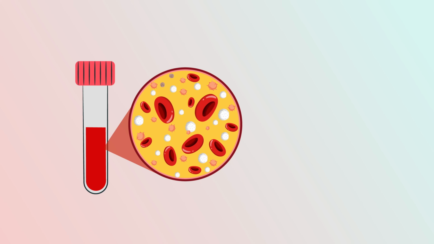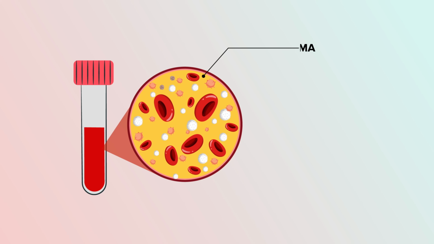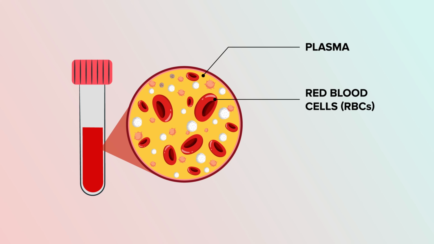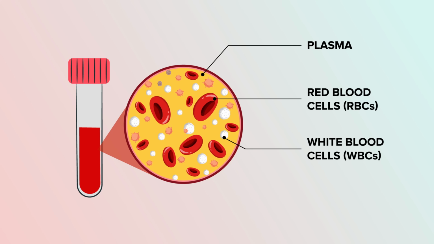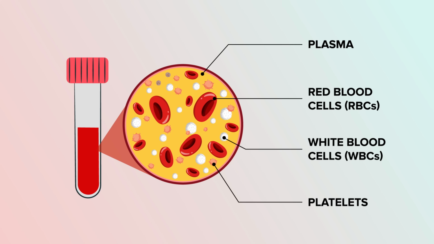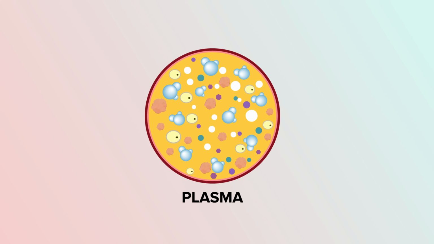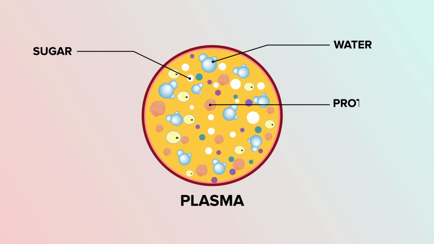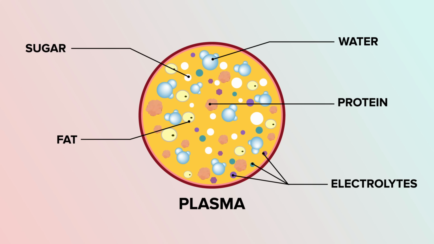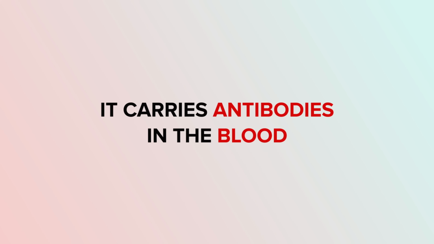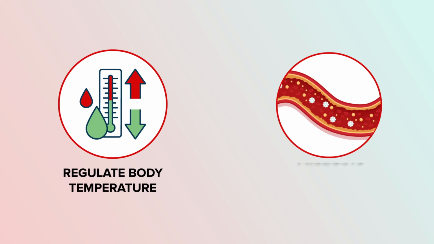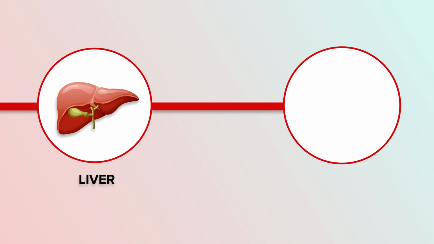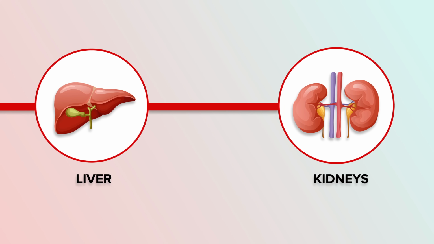Blood consists of 4 basic components: plasma, red blood cells, also called RBCs, white blood cells, also known as WBCs, and platelets. Plasma consists of water, sugar, protein, fat, and electrolytes. It carries antibodies in the blood that fights off infection. Plasma also helps regulate body temperature and carry waste products to the liver and kidney, where these are metabolized or